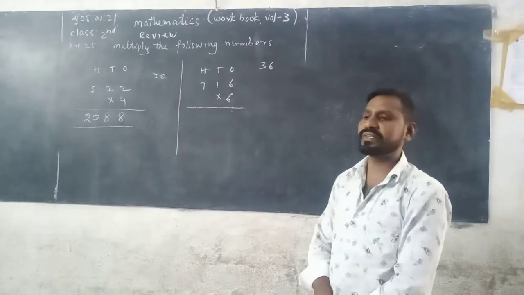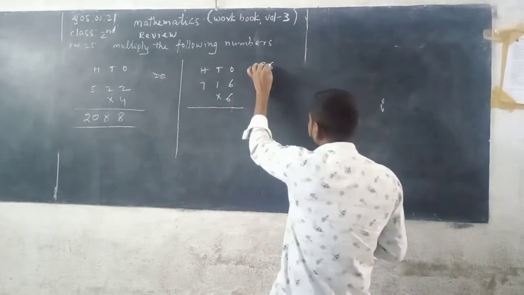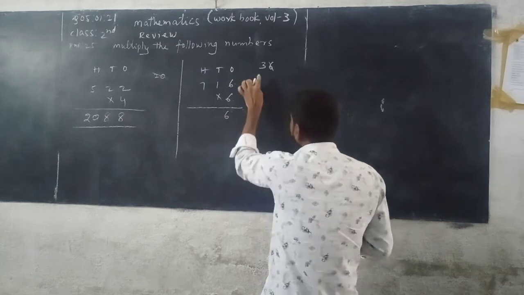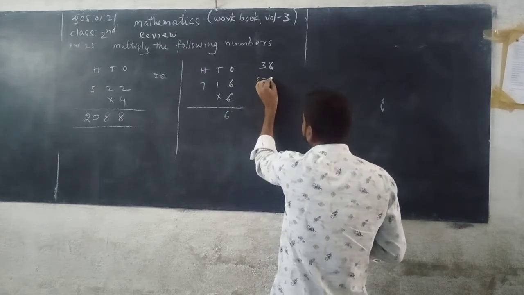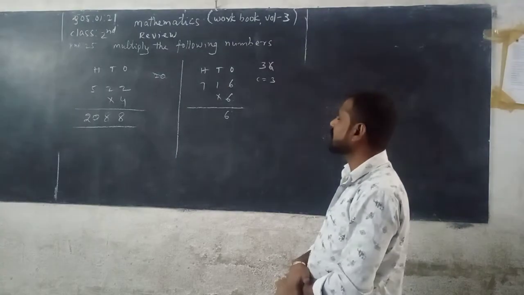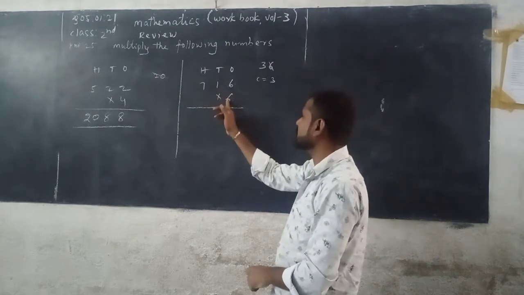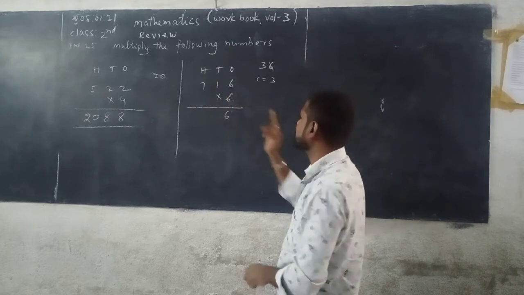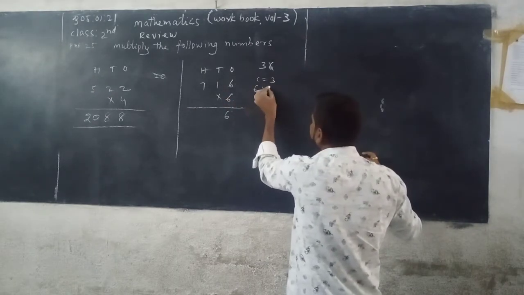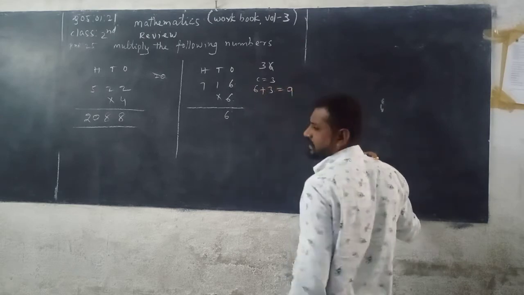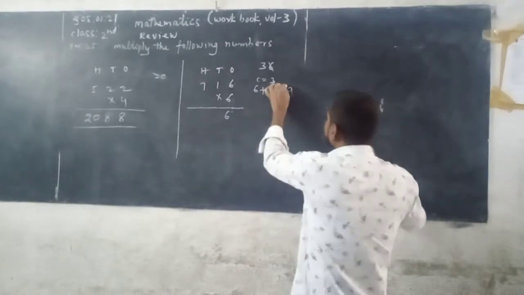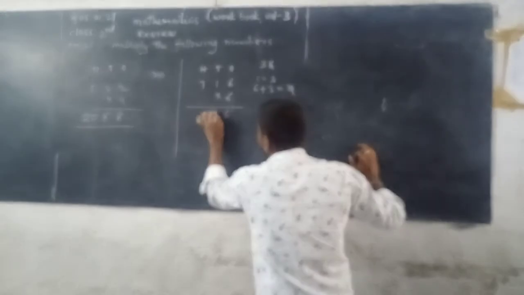36 is a 2-digit number. In it, 6 is taken and written down in ones column of the product. Remaining 3 is carried. Now next we multiply the digits in tens place. 1 with 6. So then you can read 6 table. 6 ones are 6. Now previous carrying 3 is added to 6. 6 plus 3 you get 9. 9 is a 1-digit number. There is no carrying. Then you can write 9 in tens column of the product.